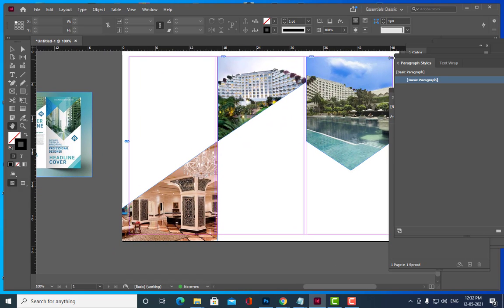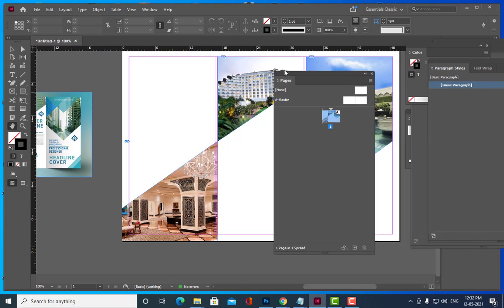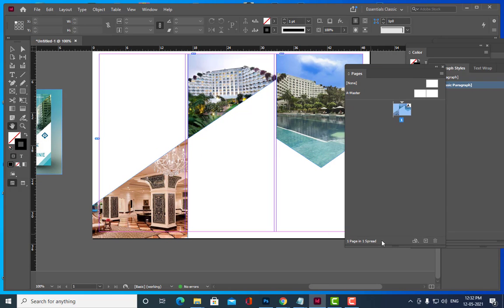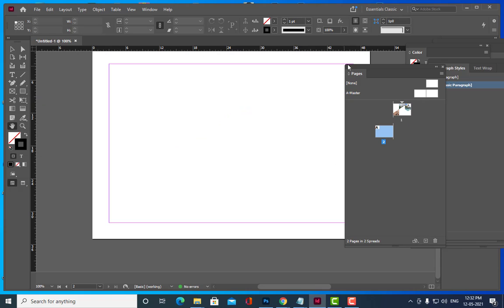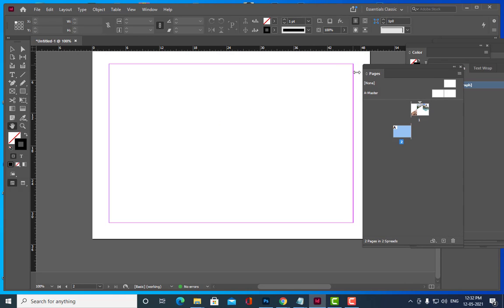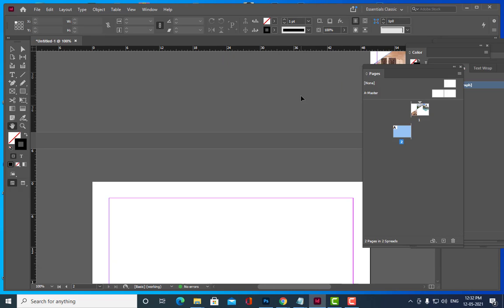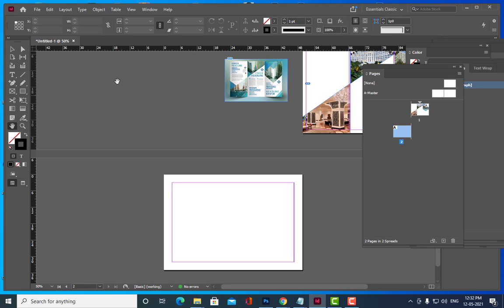Now we will see the images we have. Okay, we will also do one thing. We will create the second page, and also we'll put the images in the second page. See, just click out, create it. The only thing is, first we should know exactly what the size of our margins is.